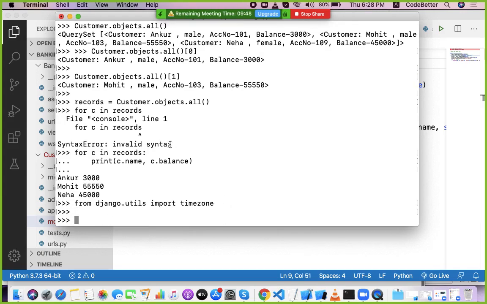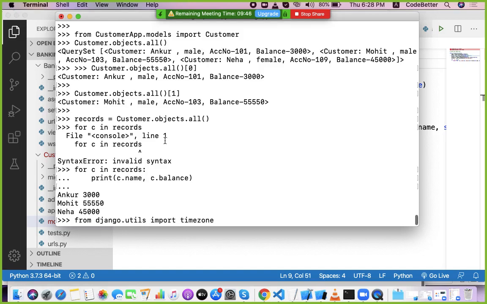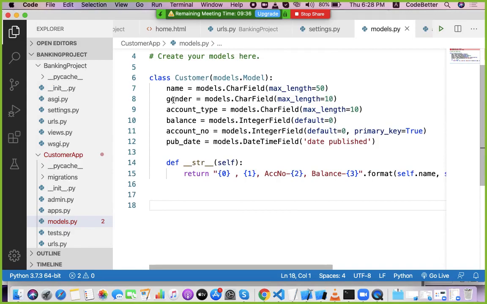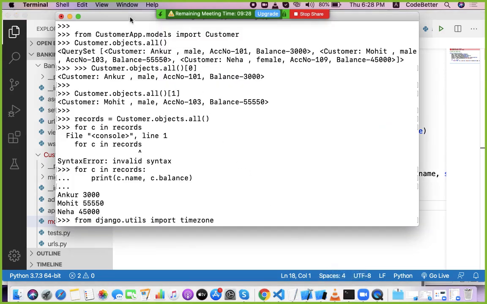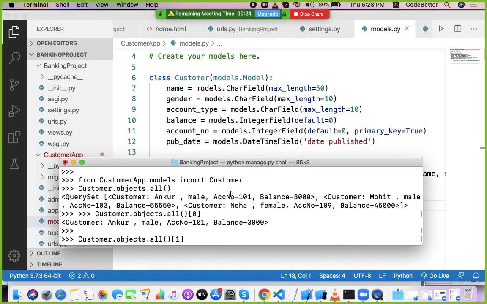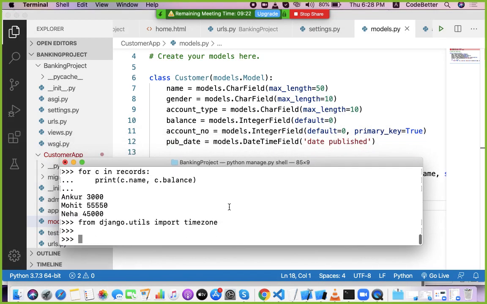Now let us create the customer. What I am doing here is, I should know the names of all the columns: name, gender, account type, balance, account number, publication date. So here I write new C, meaning new customer, equal to Customer.